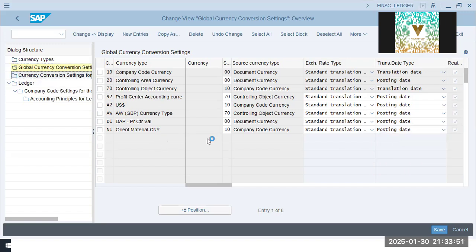Currency conversion settings. Now, what are the currency conversion settings? But these currency conversion settings are specific for